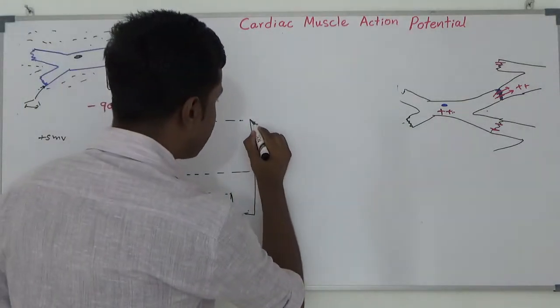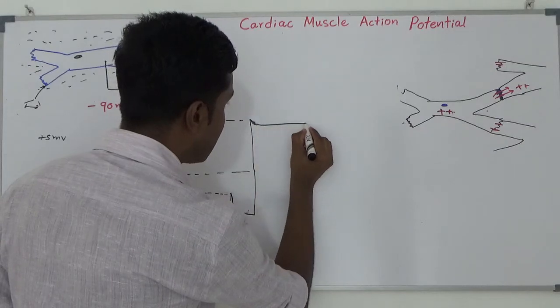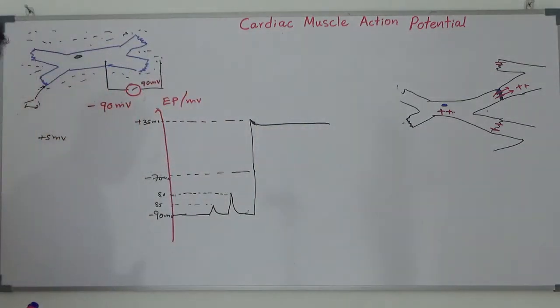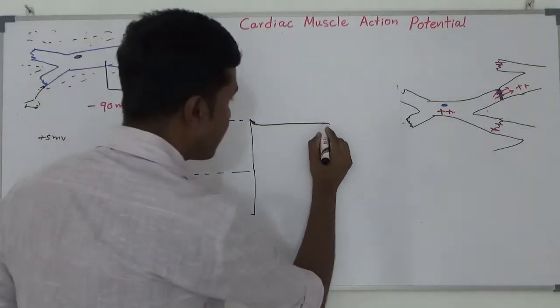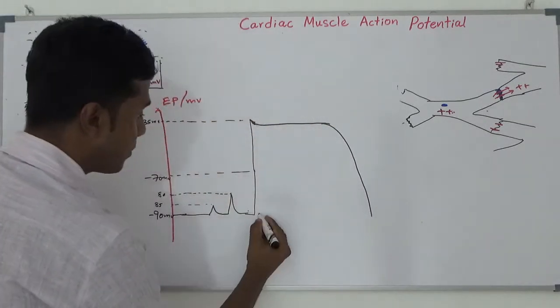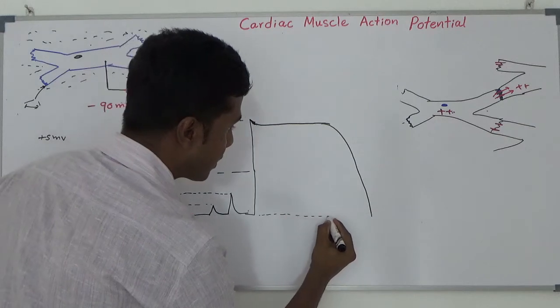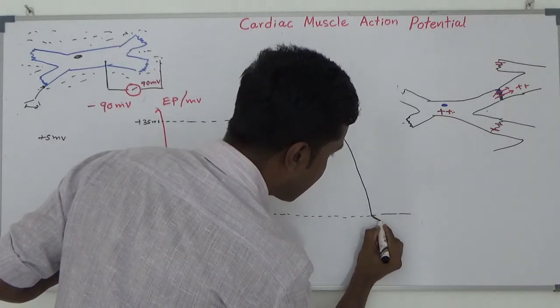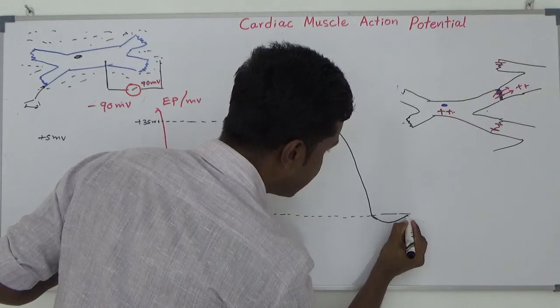Then that electrical potential was maintained there for several hundreds of milliseconds. Then it came into baseline. Not even baseline. It will go a little bit farther down, and after a few milliseconds, it will settle back to